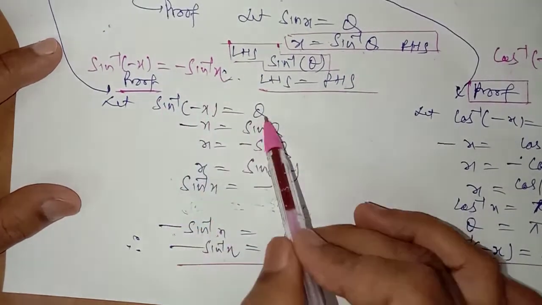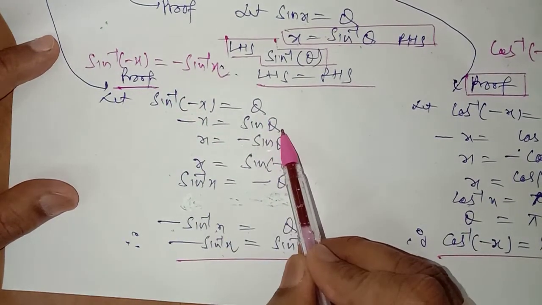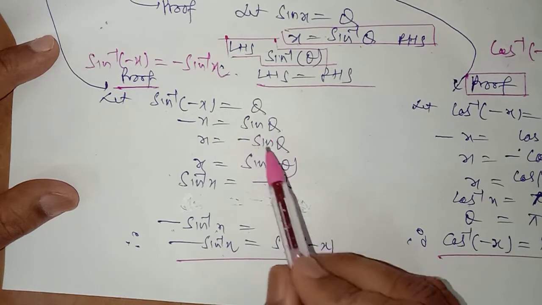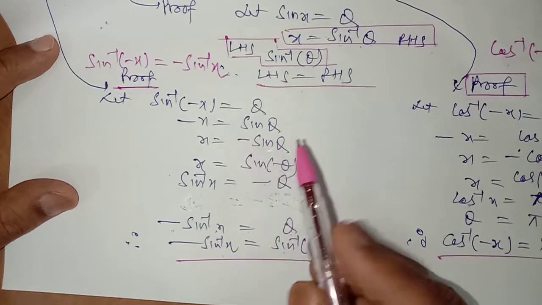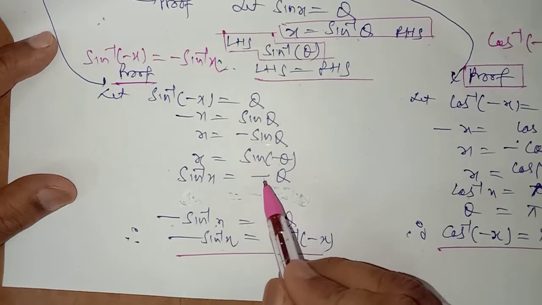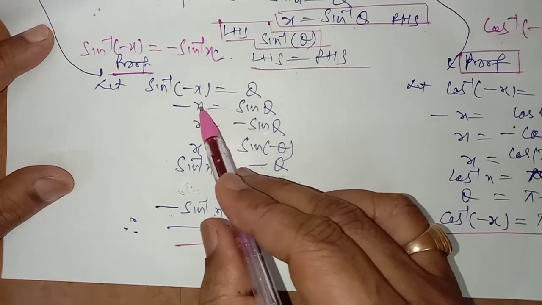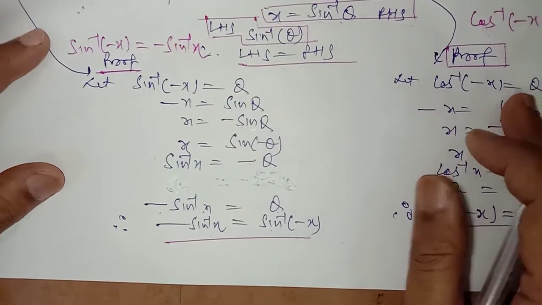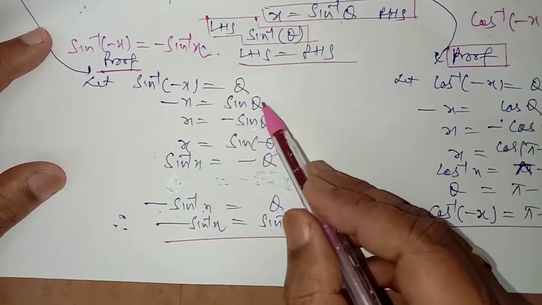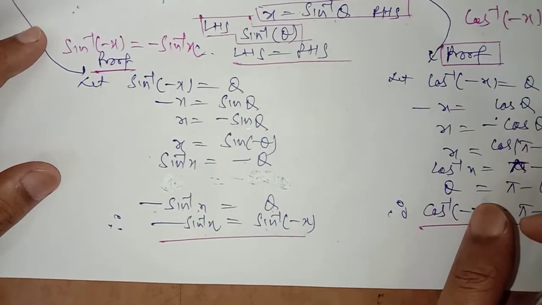Simple. Let it equal to theta. Take this sine inverse to the right hand side, it becomes sine theta. Take the minus to the right hand side. Now sine minus theta is equal to minus sine theta. Take sine to the left hand side, it becomes sine inverse x. Take the minus to the left hand side, it becomes minus sine inverse x, and theta we have let as sine inverse minus x. We have to always take their domain and range in the restriction, that is the principal value branch.